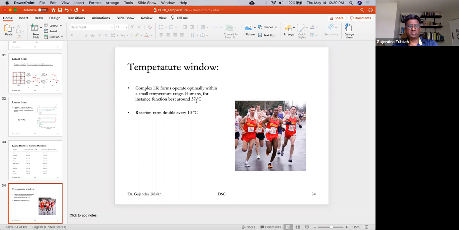Humans work best around 37 degrees Celsius, which is about 100 degrees Fahrenheit. That's because reaction rates double every 10 degrees Celsius. What that means is,